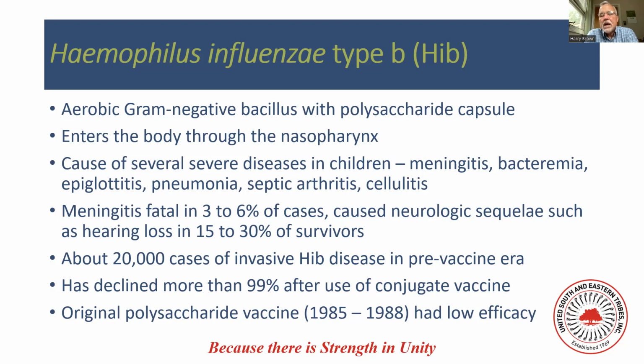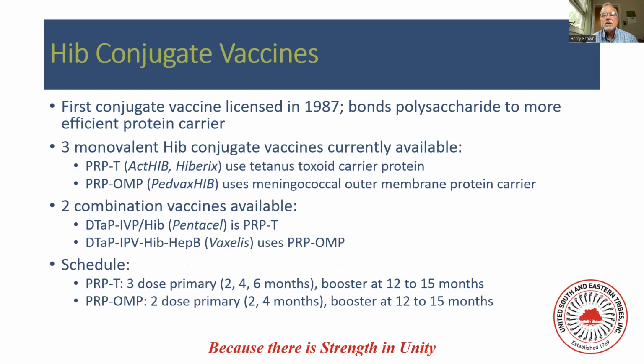Now, there was a vaccine that came out in 1985. It didn't really work very well. Next slide. But it was a so-called polysaccharide vaccine. But then they got smart. Next slide, please. And conjugated it to something called protein carriers. There are now 3 different vaccines available that are very effective. 2 of them use a tetanus toxoid carrier protein. Now, this has obviously been rendered harmless, but it makes the vaccine much, much more effective. And then the third one uses a meningococcal outer membrane